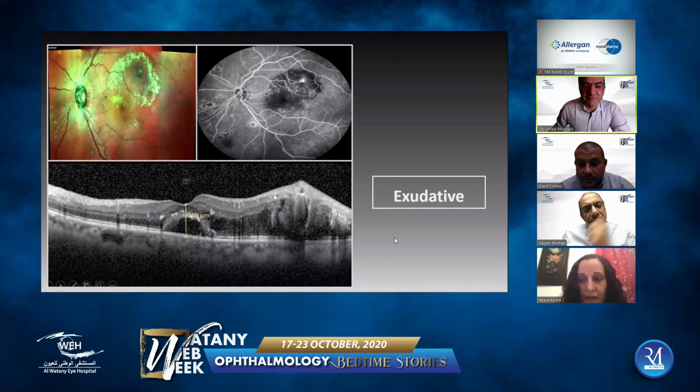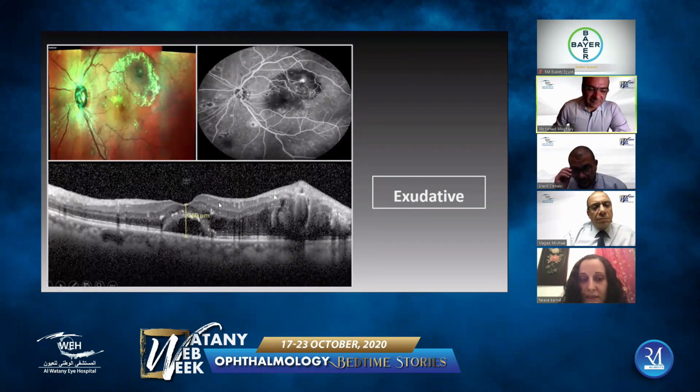Okay. I'm going to talk of the classification, and I'm going to start with what Lewis described. He described retinal arterial macroaneurysm in three types. The indolent presentation of the exudative type, which we commonly see, is a macroaneurysm with a small area of hemorrhage near it, with exudation. By OCT,